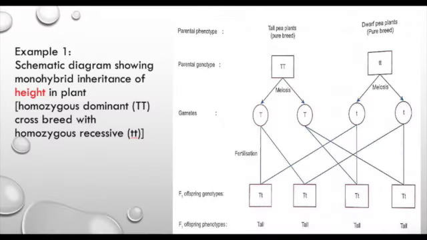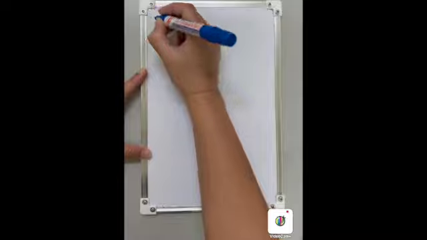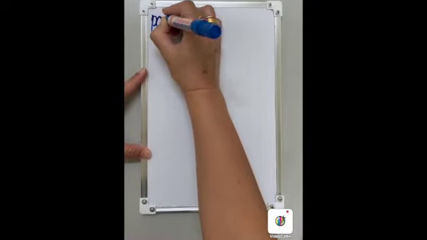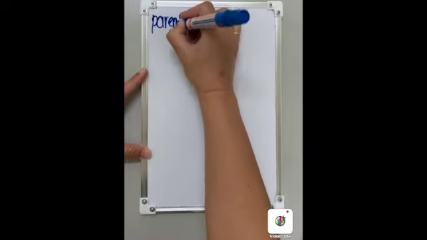To start off, for our understanding in inheritance, focusing on Mendel's first law, let us look at the drawing of the schematic diagram showing the monohybrid inheritance of height in plants. So let's say we are starting off from the parent. So we will have the